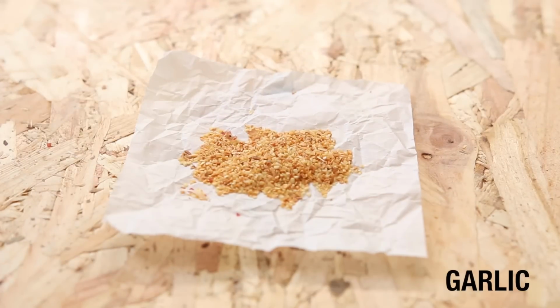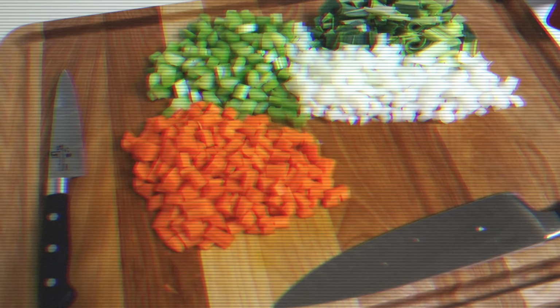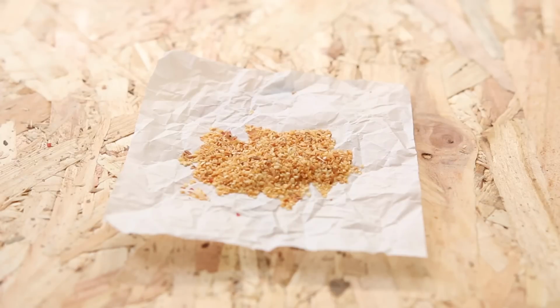Garlic. I was raised in a Mediterranean environment, which means that garlic was everywhere. Truth be told, garlic powder is more intense and more powerful than its fresh version. If you pair garlic with onions and celery and carrots, you got the key to unlock French cuisine. And if you want one key to Indian cuisine, then pair it with the next and final spice, which is